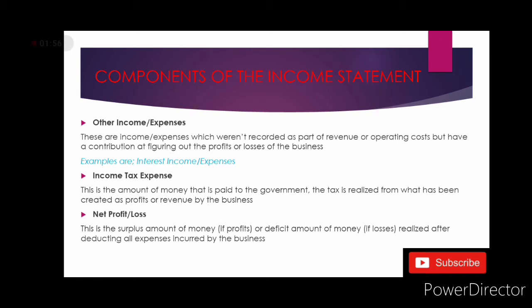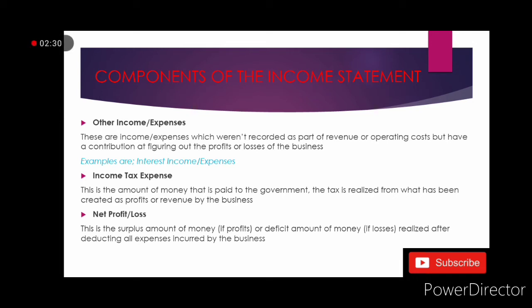Likewise, for interest expenses, this is when a business has borrowed a certain amount of money from the bank and has to pay that amount with interest. So then the interest is recorded as other expenses. Now, notice that with these two examples, both interest income and expense had nothing to do with the products or the services that the business has to offer. It had nothing to do with running the business on its day-to-day basis. So that's why they fall into the category of other income or expenses.